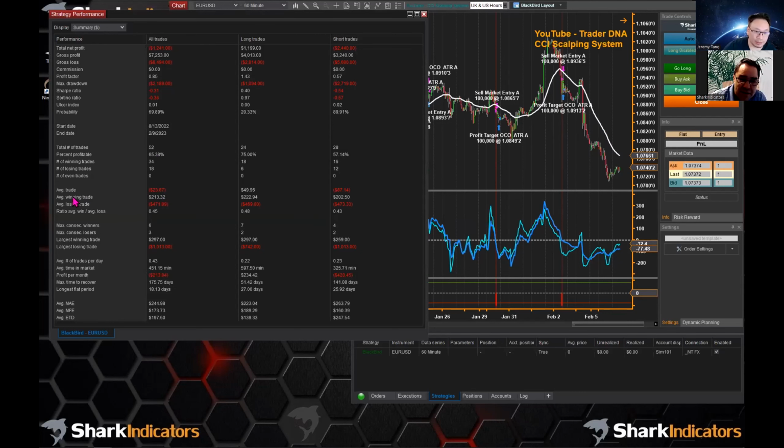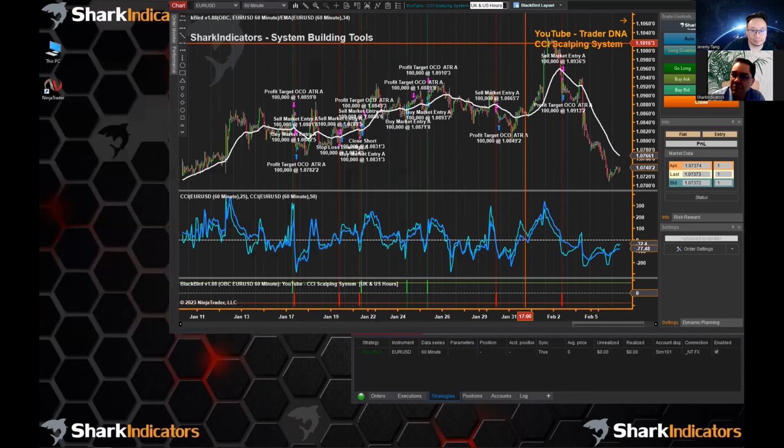That's right. So John says less stops will hit. Exactly, and that's kind of what we're seeing here. But the average winning trade is 200, and the average losing trade is almost 500, right? So the winners are less than half of the losers. Mathematically, that turns any system into a loser. So not a good idea. This probably isn't really a scalping system.